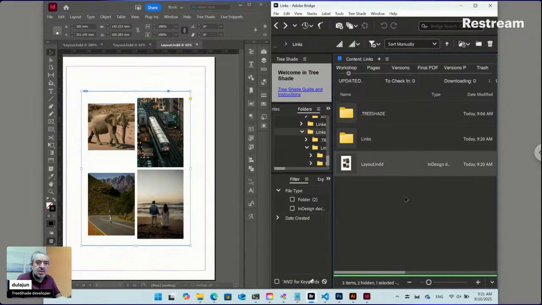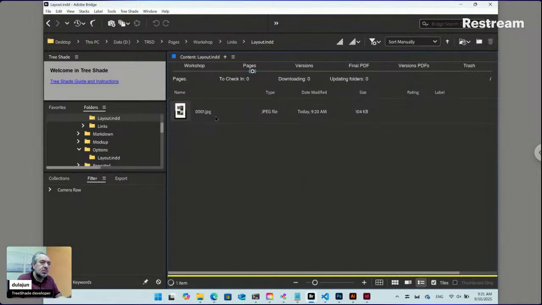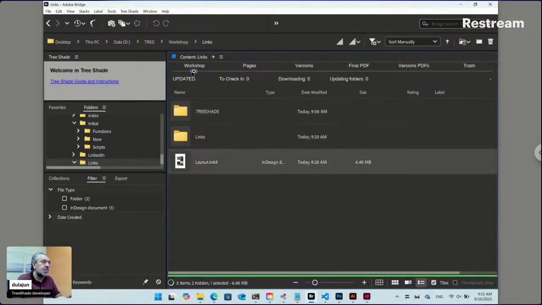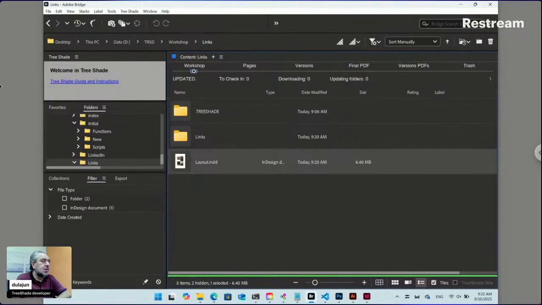So if you select the InDesign document, you can see the output. Click embeds to see automatically exported JPG files for the badge. And here versions, you have only one version. And here versions PDFs. Each version has a separate PDF. And here workshop, where you're supposed to edit the project files. Okay,